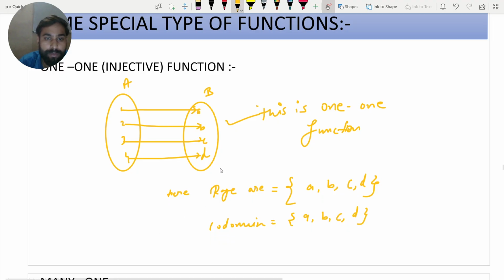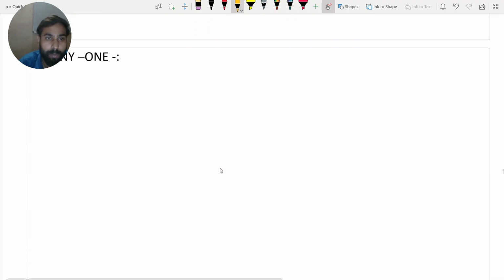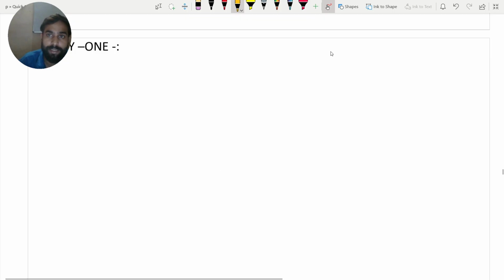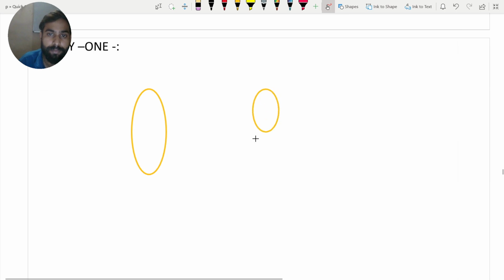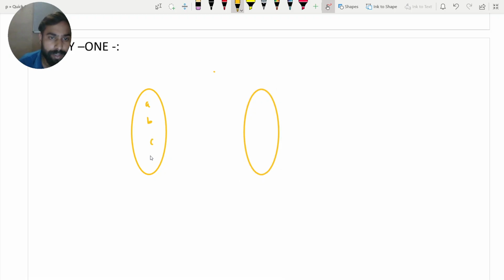Okay, now many-one function. What is this? In many-one function, we also take an example from an arrow diagram. A, B, C, D, set A, set B, 1, 2, 3, 4.